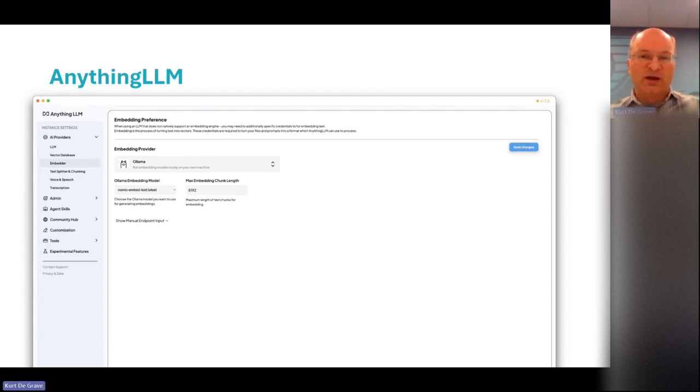You can pick from multiple possible vector DBs, and it can use different APIs from providers in case you do not want a local LLM. So in that case, of course, your data is uploaded to the remote server and you lose confidentiality.